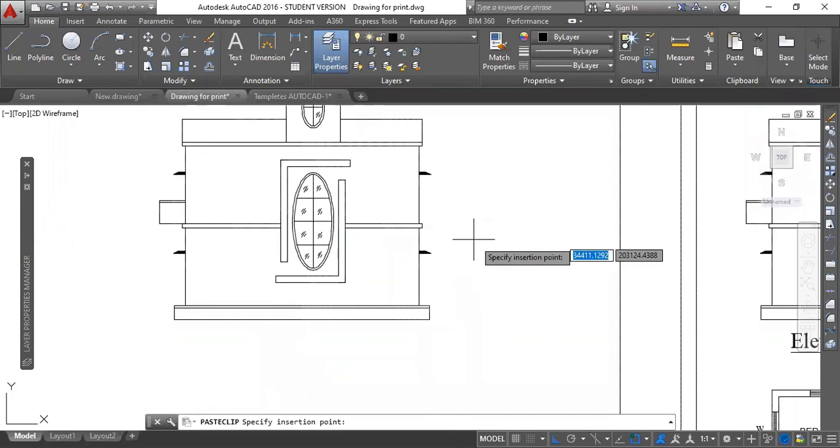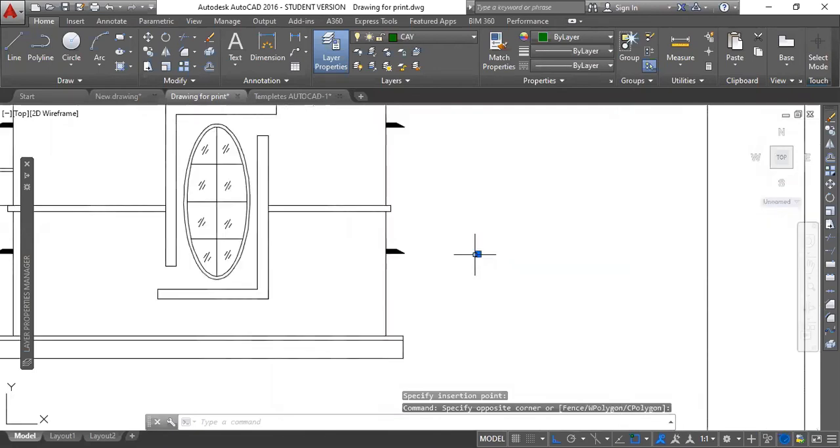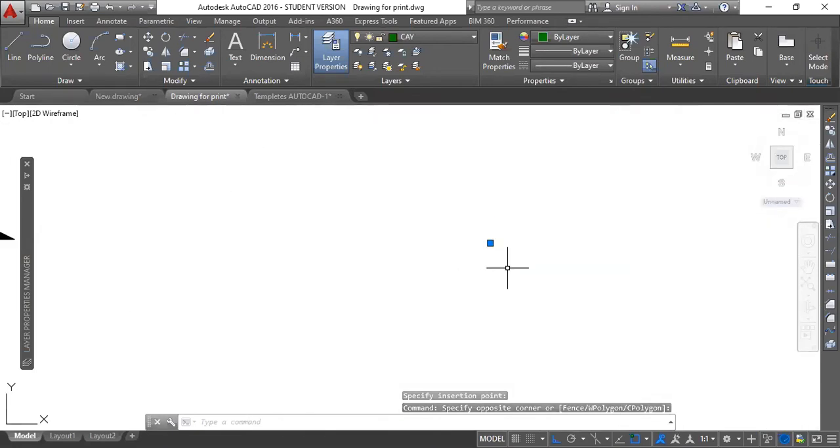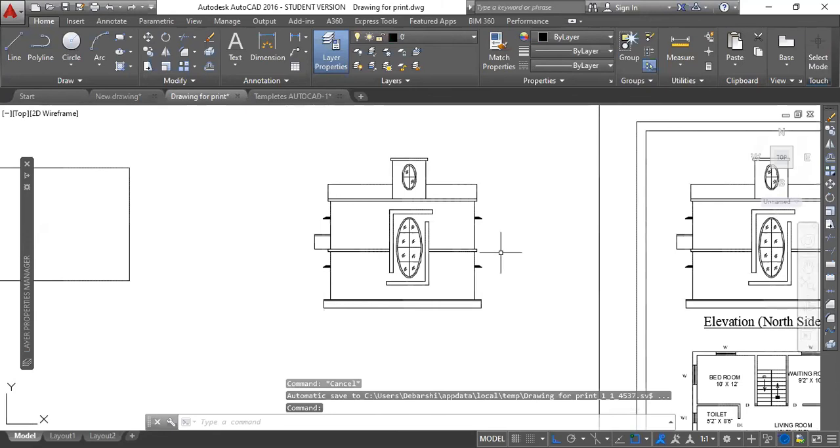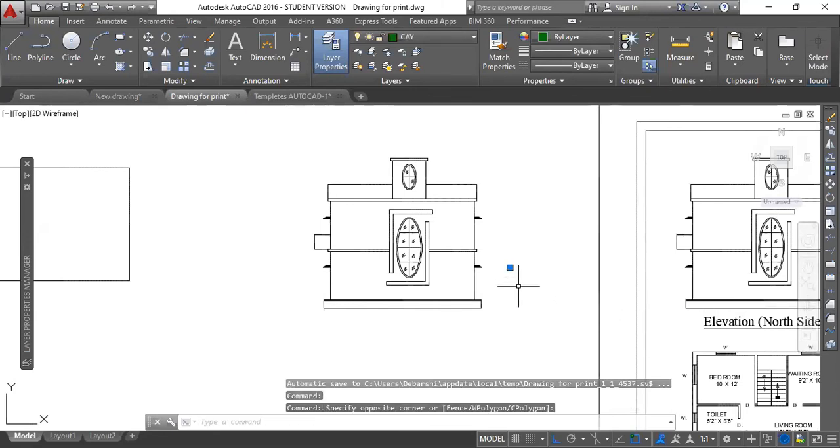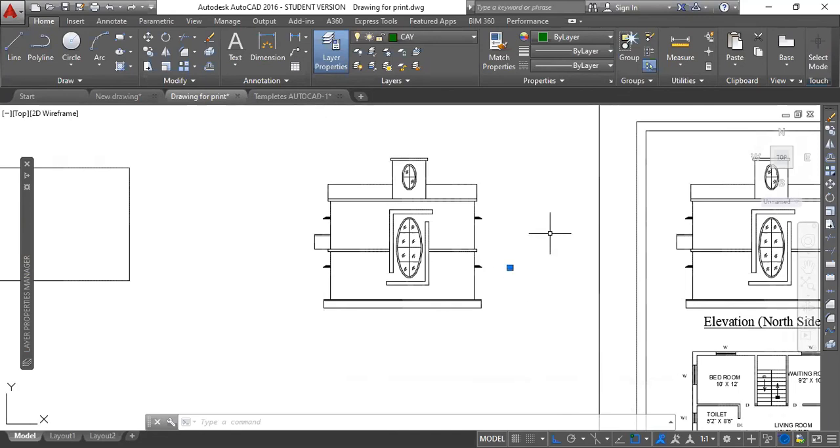And you cannot see it here, but you know that the tree is here exactly at the center of this particular cursor. It is so small that you cannot see here. So you just click it. I have clicked it, and I know that it is somewhere here. You see, it has been selected, right? So your objects may be even so much smaller that you cannot see it with the bare eyes. So whenever you will be copying and pasting, at the time of pasting, just remember where you are clicking. I clicked here, that's why it was pasted here.